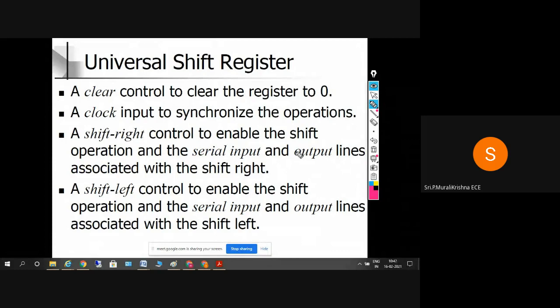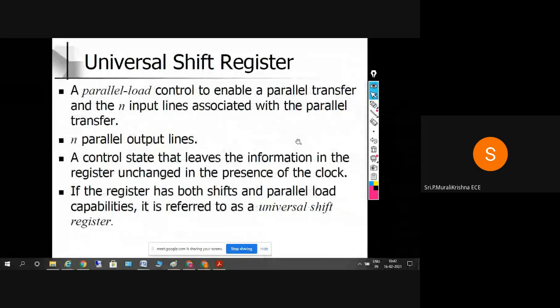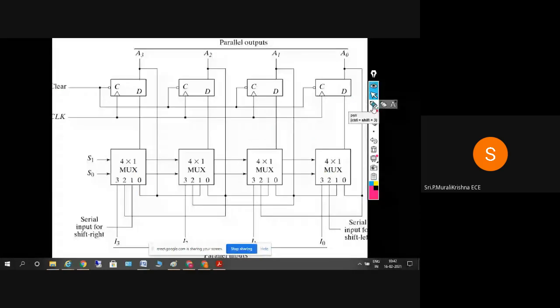Okay, so these are the properties of the shift register. We should perform the shift right operation, shift left operation, clear operation, and parallel load operation. So we'll take the help of the multiplexers here in order to perform the universal shift operation. So parallel load will be done here. It is capable of shifting the data left and right, so it is called a universal shift register. If it shifts the data to the right only,